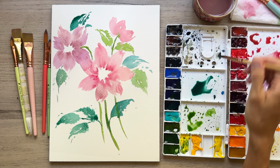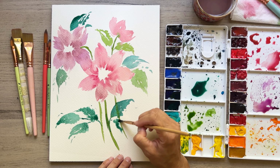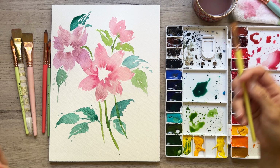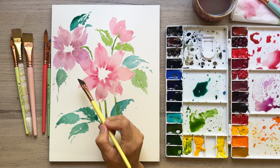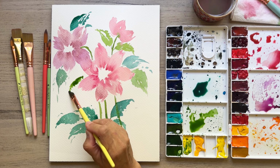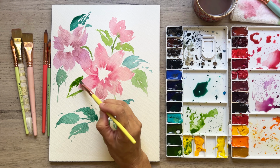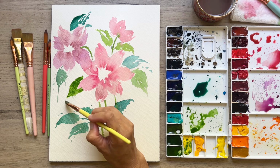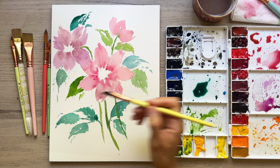I think I need another leaf down here. I'll just use this one still, right here. Just dabbing away and scrubbing away. Let's just grab the half, grab some sap, and let's add another leaf kind of poking out right here. And so we're getting to a good space with our foliage. I feel like everything is getting filled out pretty well. And you're wanting to find that balance between certain elements in your painting so that it feels natural and